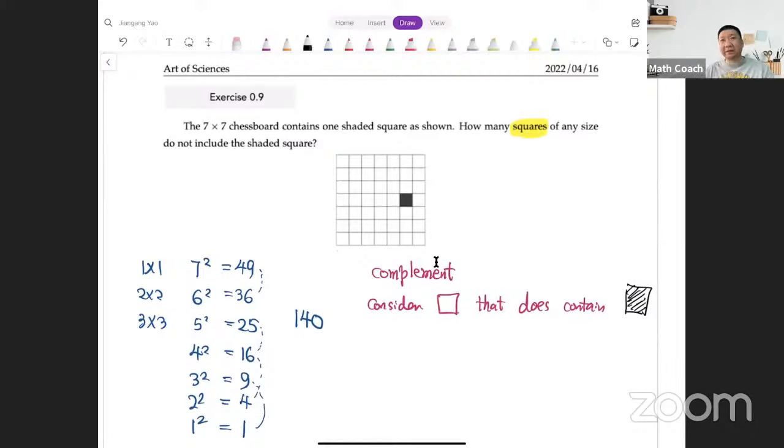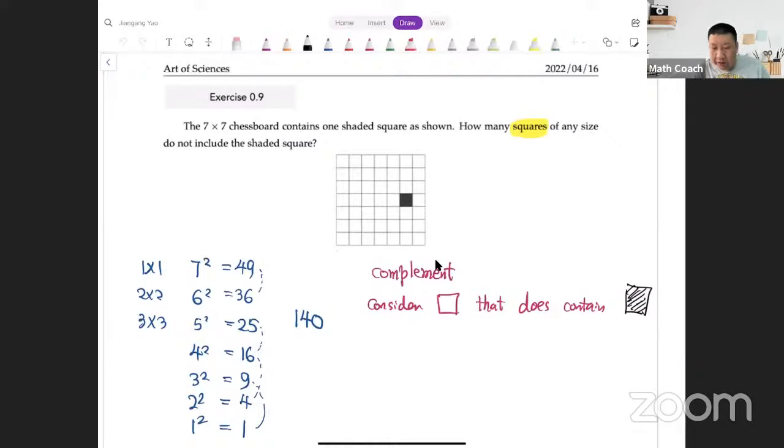So that is the thing that we want to calculate. So how to calculate the squares that include the shaded square? And